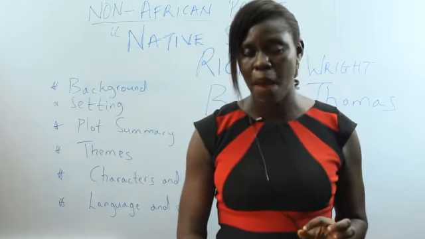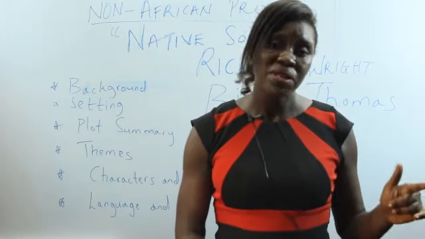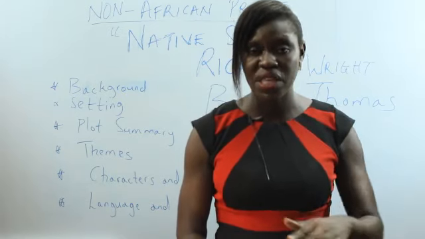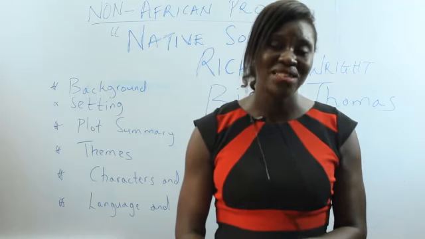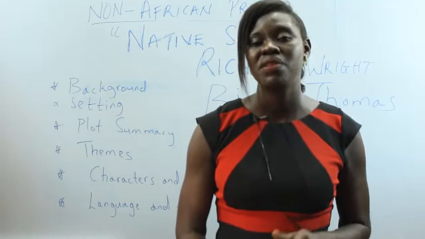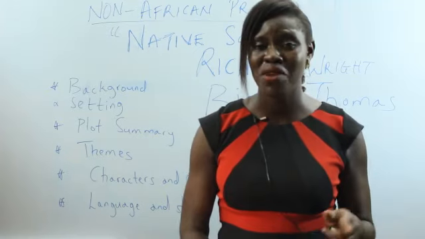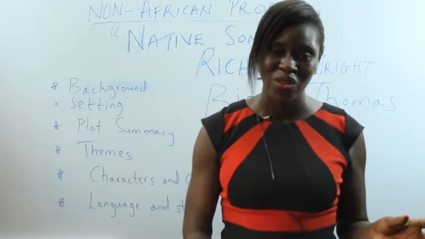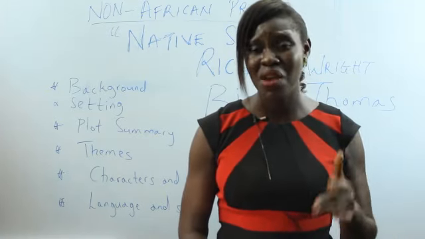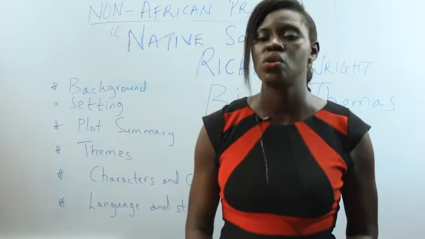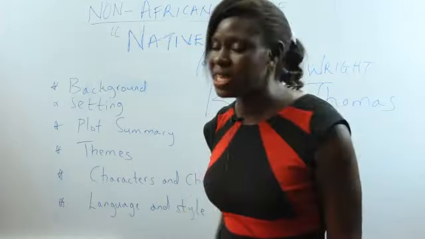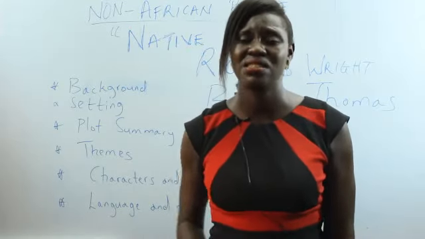Now, something funny happens. Mary's mother hears footsteps and begins to grope her way into Mary's room. Now, something ironical happens here. Bigger Thomas does not know that Mary's mother is blind. So he thinks that Mary's mother, that is Mrs. Dalton, is seeing him. Mary is so drunk, she's lying on the bed,